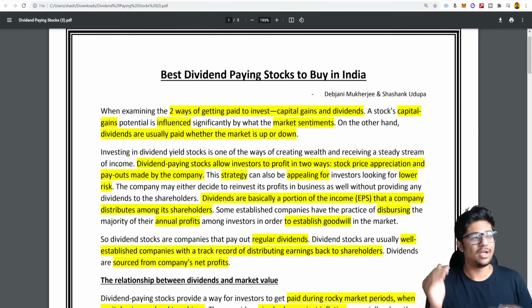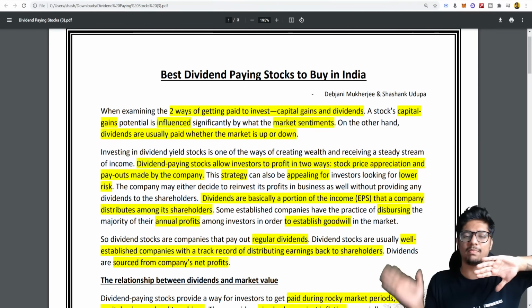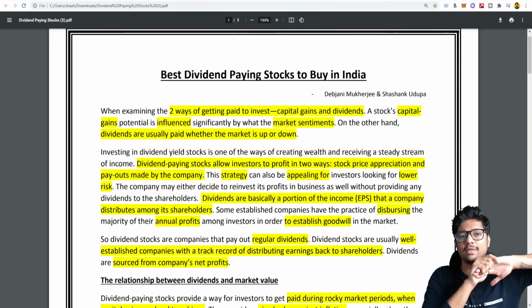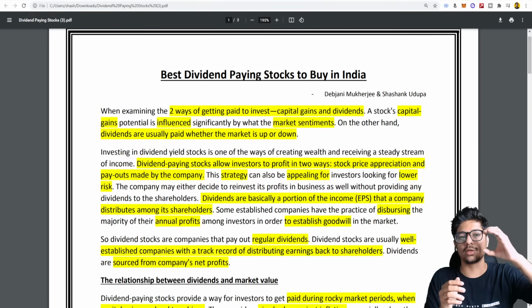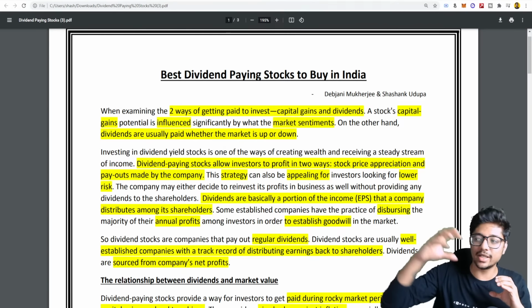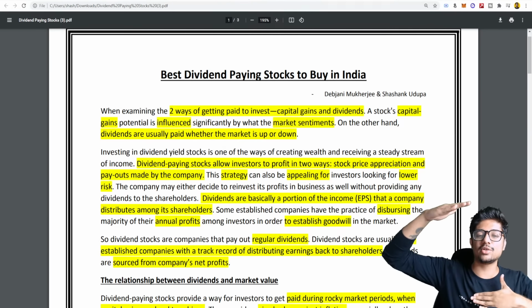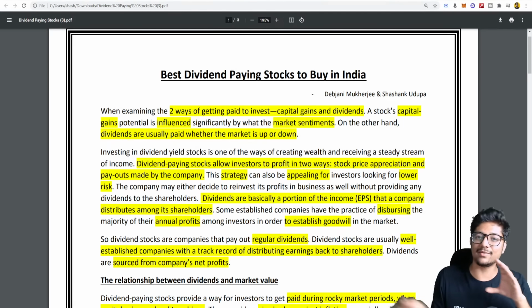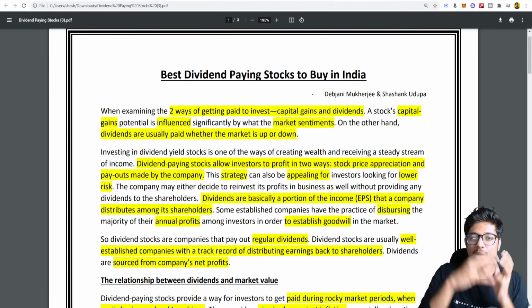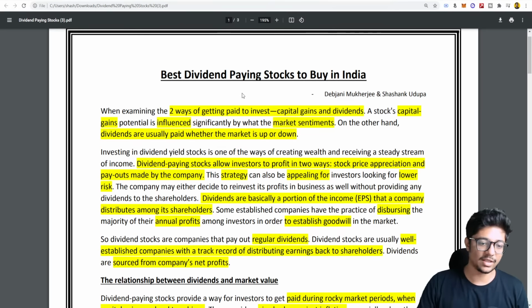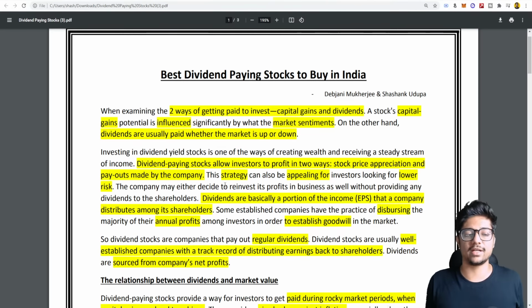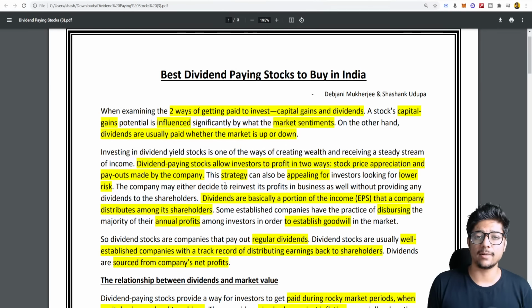Just imagine that whatever the company is giving back, you take it and buy an equivalent amount of shares. Next time they give a dividend, you get a little more money and you put it back in. Your corpus keeps growing. By the time you go from 30 to the age of 60, 65, just imagine what your dividend corpus will be. And if you keep reinvesting over a period of time, imagine compounding plus dividends at the same time. Mind blown. Cool. Now, let's look at how to create a dividend strategy. If you want to do this for yourself, or for your parents, this is a very good strategy that you can adopt.